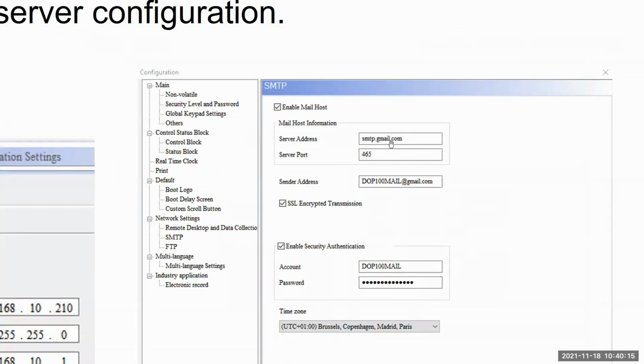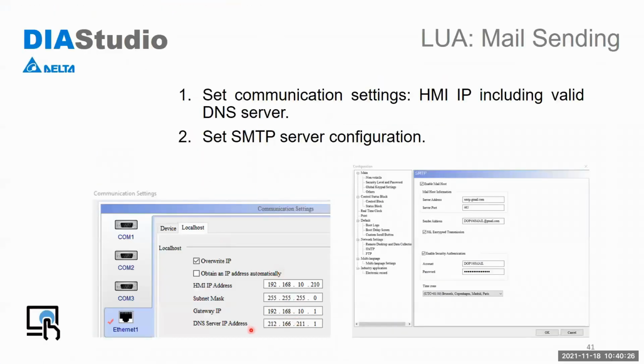There is no need to put an IP address here. It's more convenient to use this kind of notation, let's say. But if you want to use this, you firstly need to indicate a DNS server for the W100. Okay, so after you have set up the IP address and the DNS server, we need to move to the